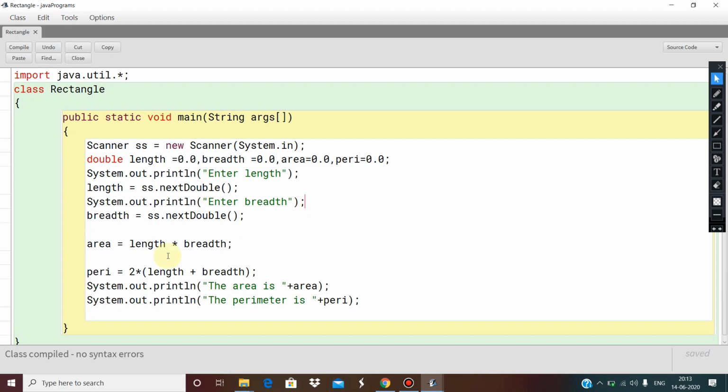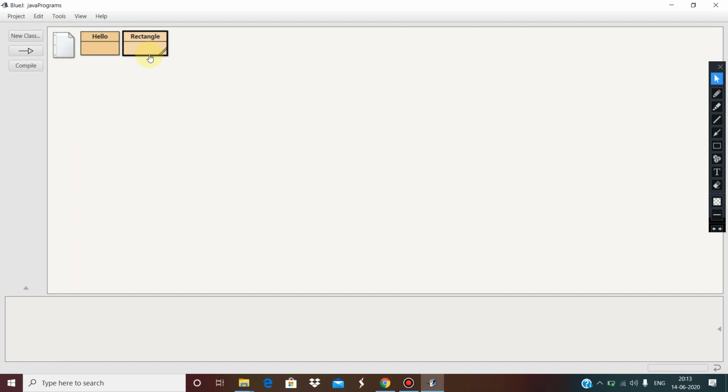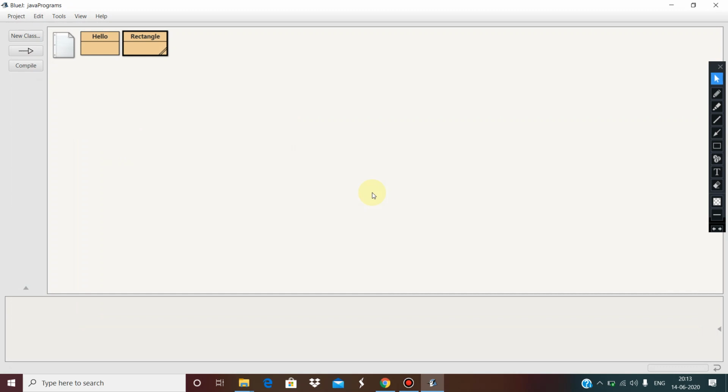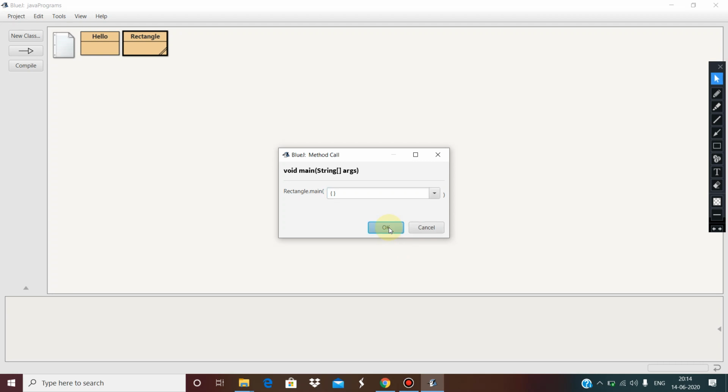After that you need to close this. Closing also we can do by two different methods. First of all, by pressing this close button, or if you don't want to press the close button, we can use Control W. Using Control W we can also close the current Java program in BlueJ. After that the program is compiled, and then select this void main(String args), the second command in the menu. Just click and then press OK here.